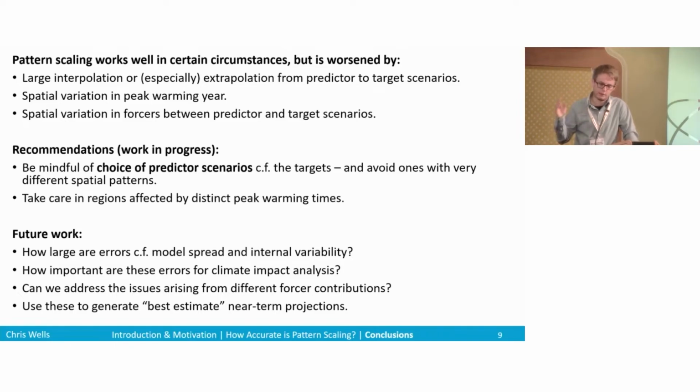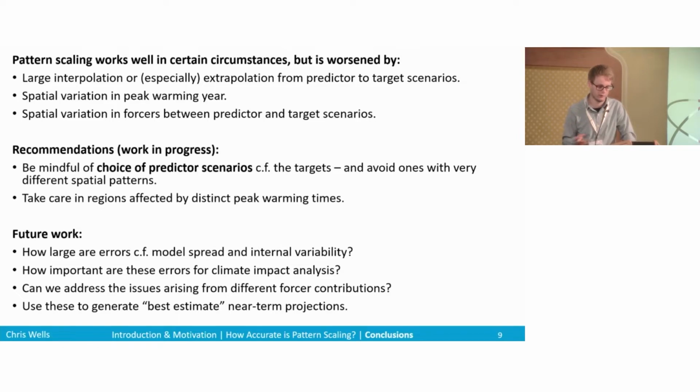Pattern scaling works in certain circumstances, but it's made worse by, for example, interpolation and especially extrapolation from the predictor to your target. So it's maybe not optimal to use just the full set of the scenarios, or use one to predict another when there's a large radiative forcing. It's affected by the spatial variation in the peak warming time, and also spatial variation in the forcing, which I haven't explored in my results here, but I would argue